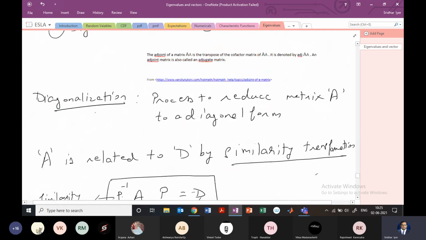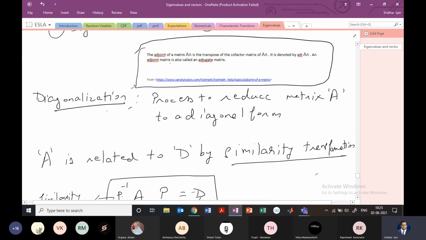So let me scroll up and let you know how we can find the adjoint of P. So this is what is given in the book and various other sources, right? I have written the source also where I found this. So the adjoint of matrix A, if I want to find it, is nothing but the transpose of the cofactor matrix, right? So matrix A is given. For this, find the cofactor matrix, and then after finding the cofactor matrix, just transpose it, right?